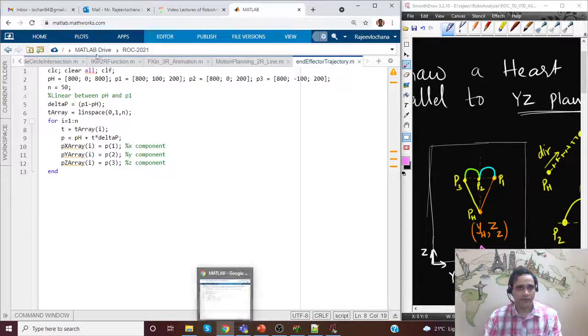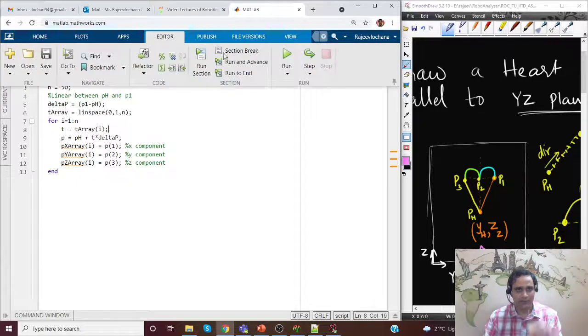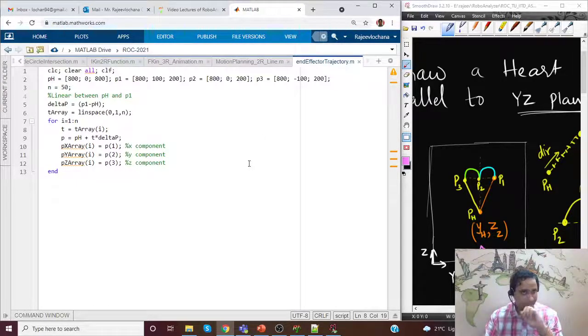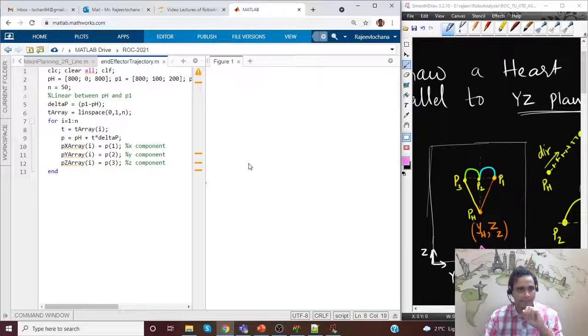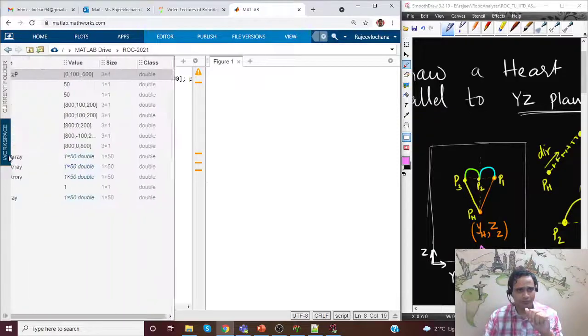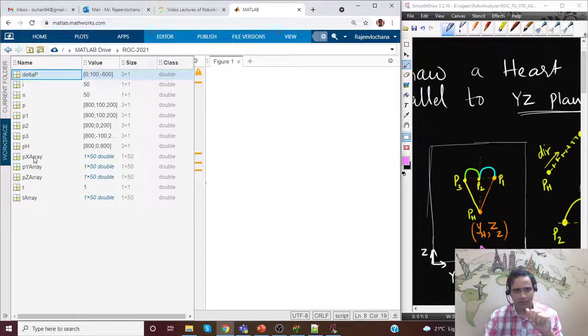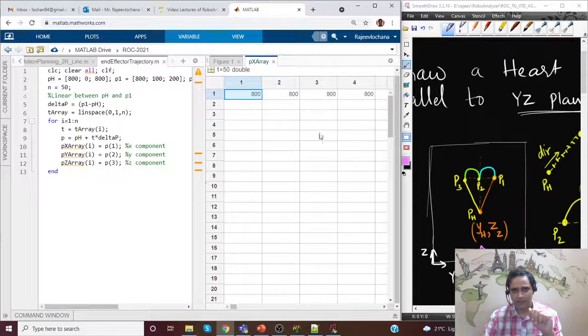Okay, so if I just run it, what will happen? Let's see. Okay, so the figure shouldn't have appeared anyway. So if you look at the workspace, we do have px array, py array, pz array. If I double click on px array, yeah, so this is what is shown.